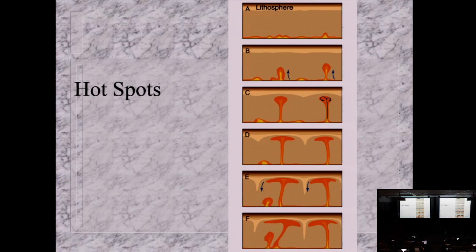Hotspots. Lithosphere we'll define in a minute, but remember we said Earth's about halfway through its cooling history. The crust and the uppermost mantle is cool, solid rock, and the stuff beneath it is very thick but capable of flow. For some reason that we don't fully understand, there are superheated plumes from either the outer core or the inner mantle